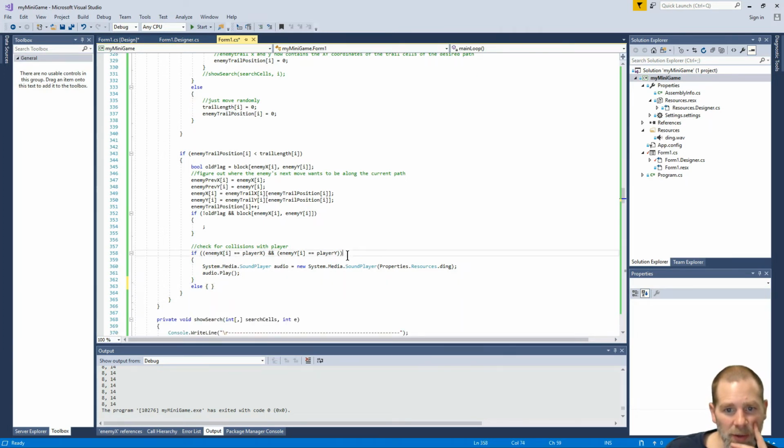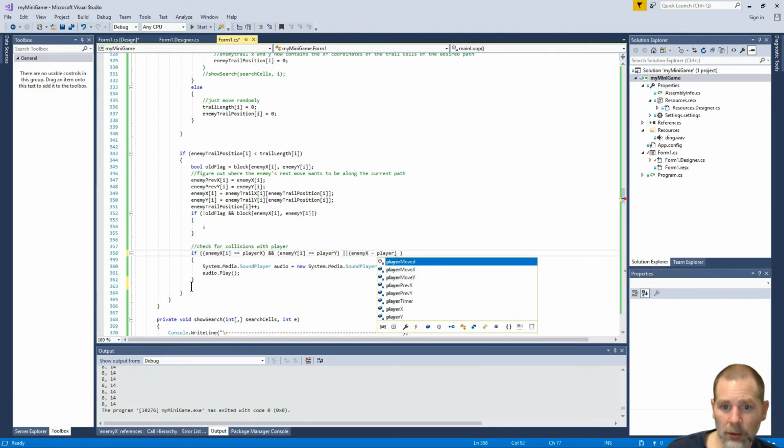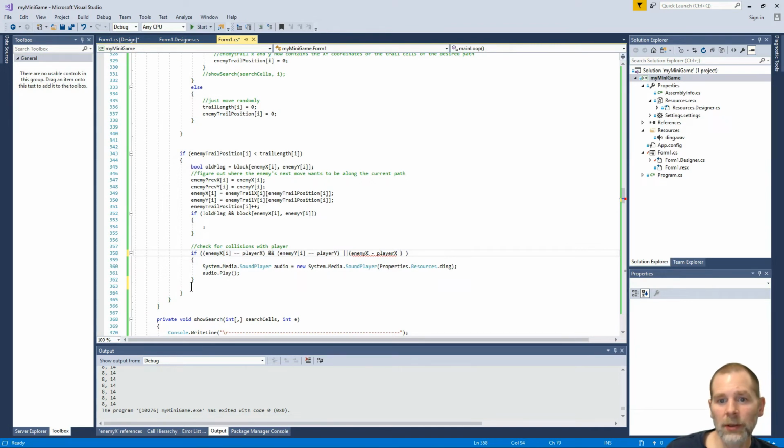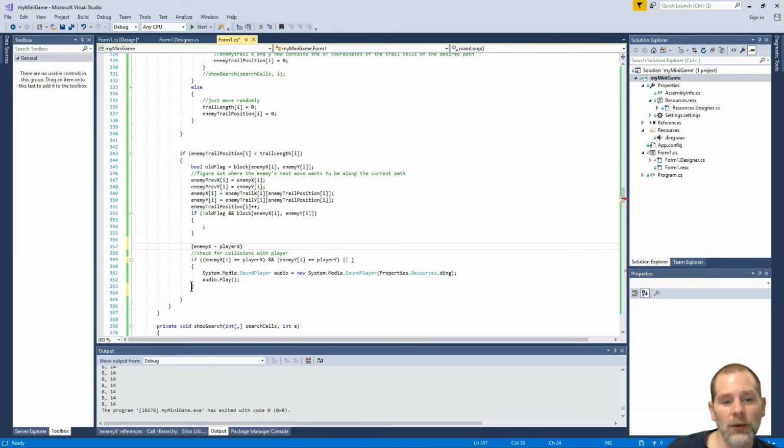This is their chance to move. So I think we are going to just check. We don't need to do an else. We can go or some other condition, and we're going to go enemy X minus player X is less than, let me see, because we're going to do a few conditions. Why don't we lay these out up here, just so we can see. So we've got enemy X minus player X equals 0, and